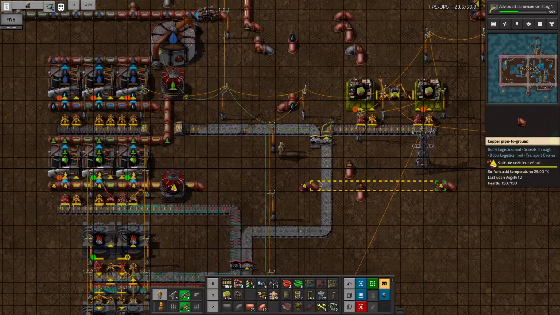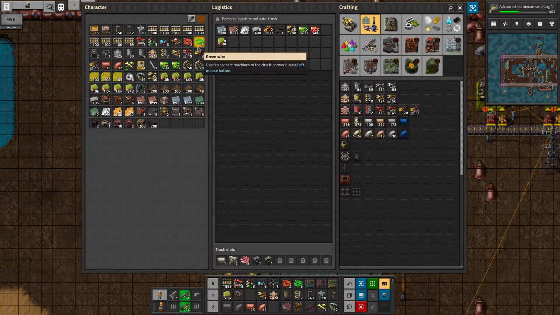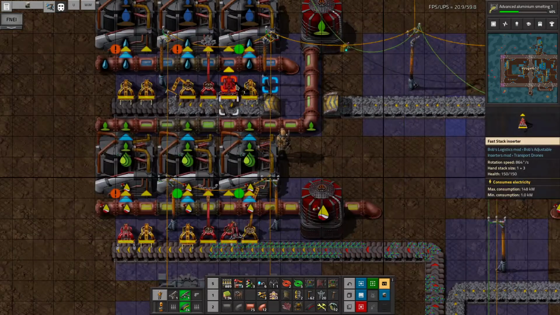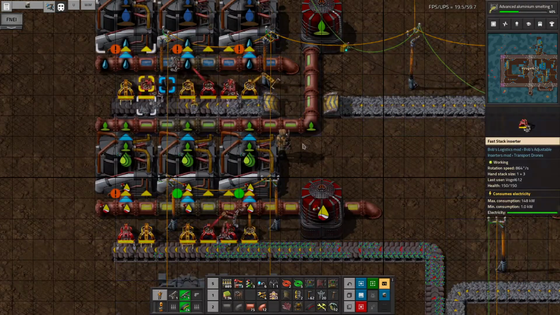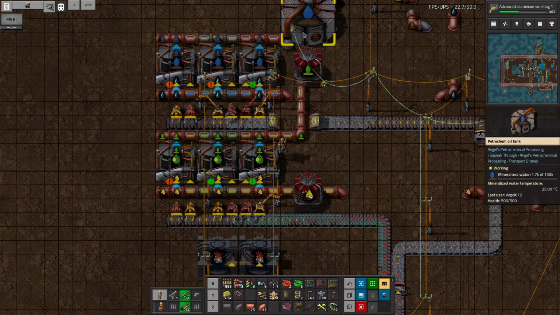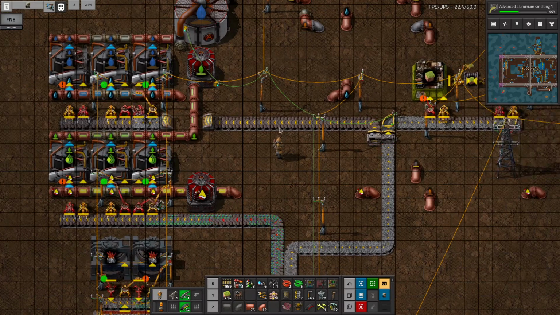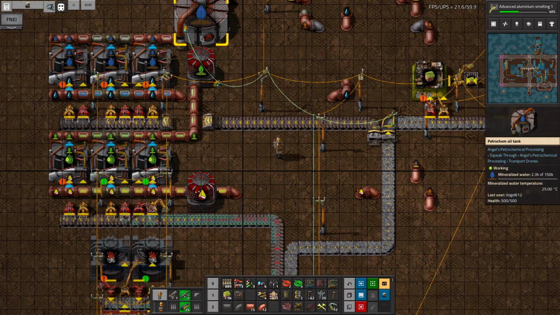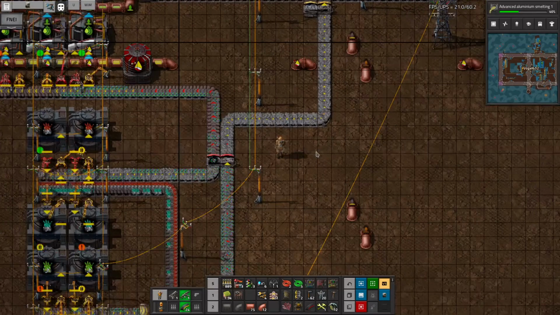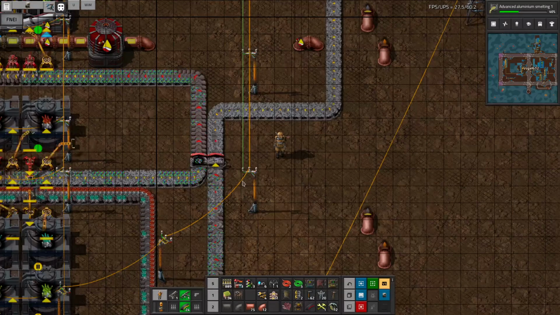Yay! And the circuit logic kicked in. Nice. Okay. Then we can also just add a few stack inserters here, because that makes things a bit easier. There we go. That should get us to a very nice level of...